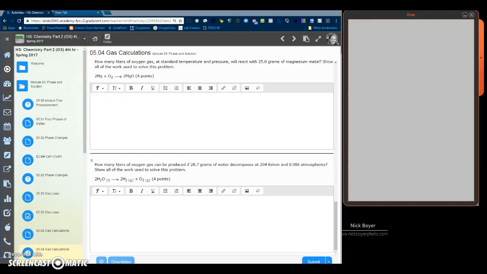And so what I want to start with in this case is the balanced chemical equation. So I'm going to go ahead and write that at the top of my page. It's going to be 2 water decomposing into 2 moles of hydrogen gas and 1 mole of oxygen gas. Now, a good rule of thumb when starting these kinds of problems is to start with what you know. And what they gave us was 28.7 grams